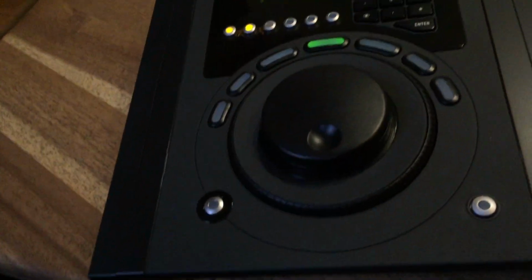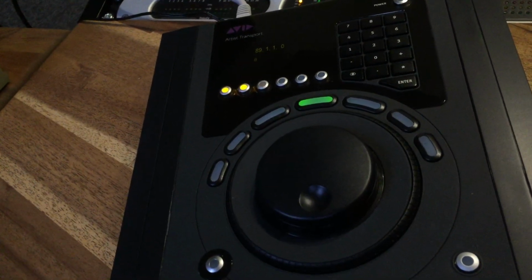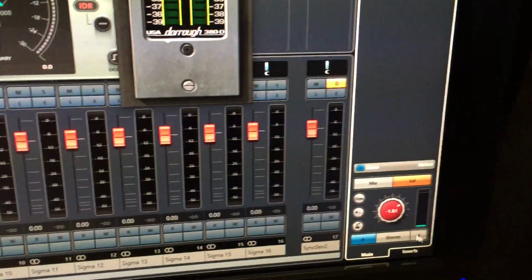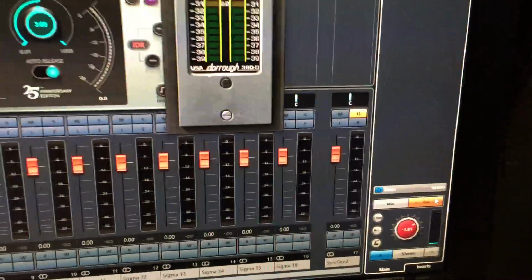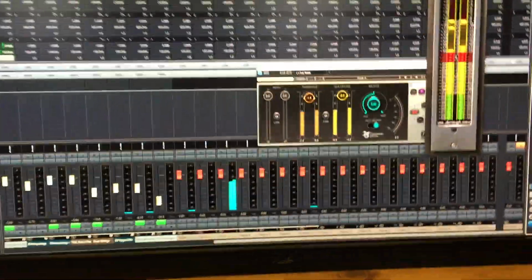How do I do that? I've mapped a shortcut on my Artist transport. So I select a key combination on my Artist transport, and you see I've switched from mix towards external in. If I now play something on my keyboard,